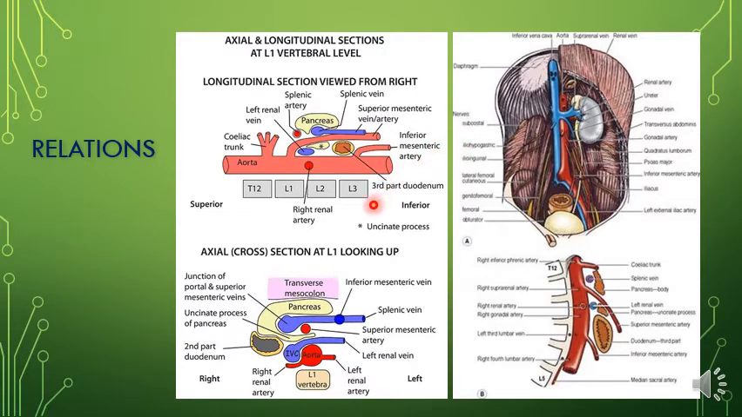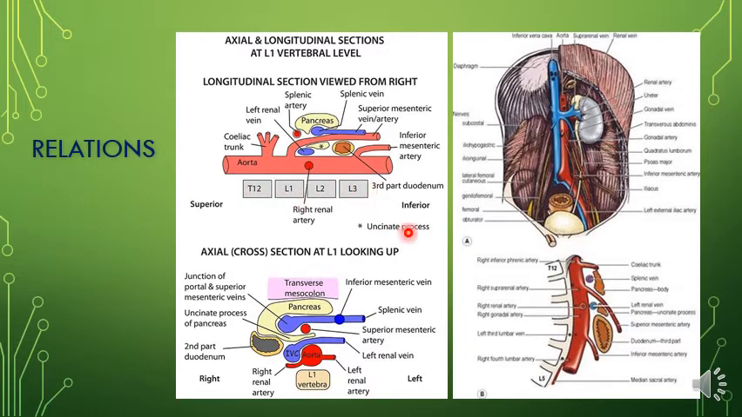Then posteriorly, what are the relations from behind? Bodies of the upper 4 lumbar vertebrae will be there. The beginning here is shown wrong in this image; the lower border of T12 should be shown, so it should come a little towards the upper side. Then the bodies of upper 4 lumbar vertebrae, intervertebral discs and the anterior longitudinal ligament form the